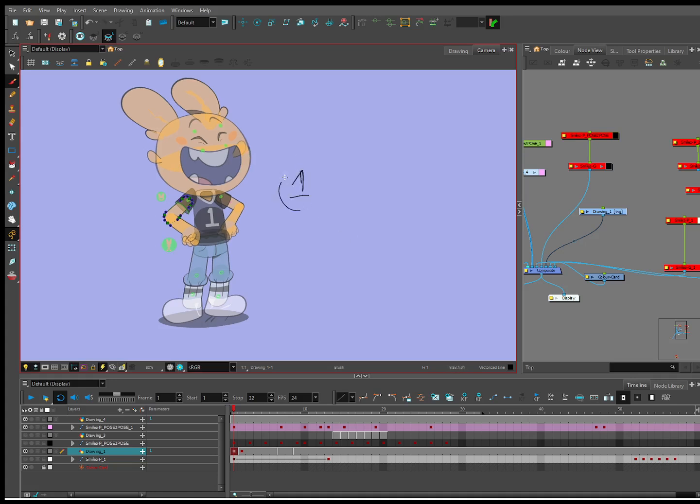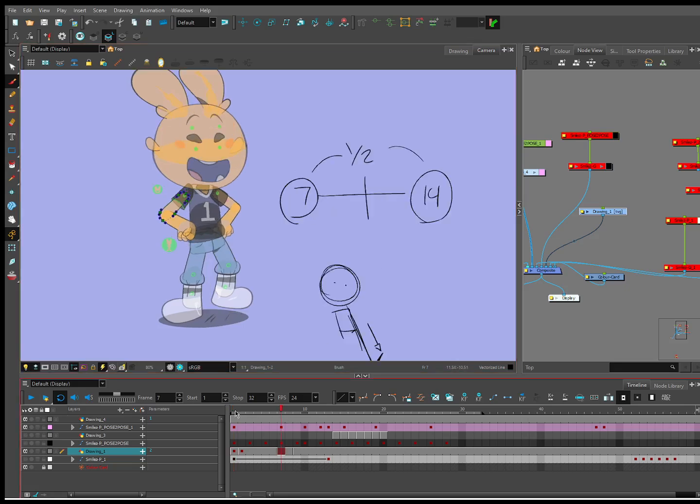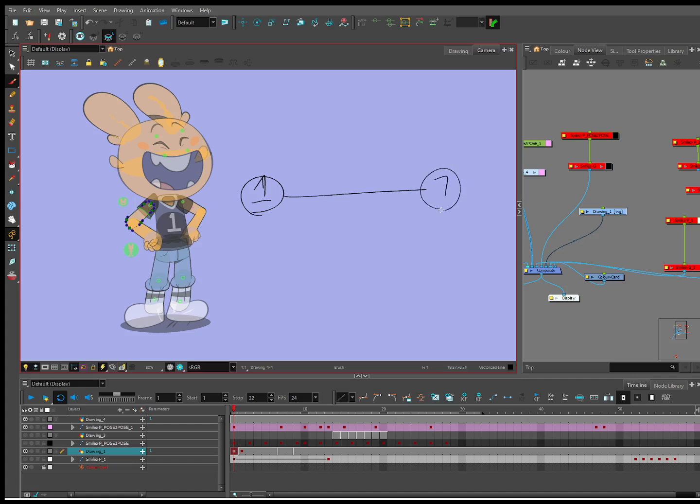Frame 1, where the foot's down, and this is like frame 7. I want something because frame 7 is the apex. So I actually want an ease in. I don't want an ease out to the foot, but I do want an ease into this raised position.